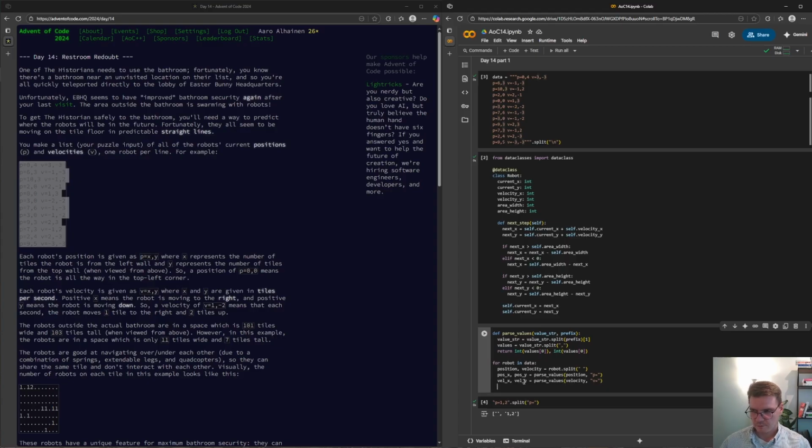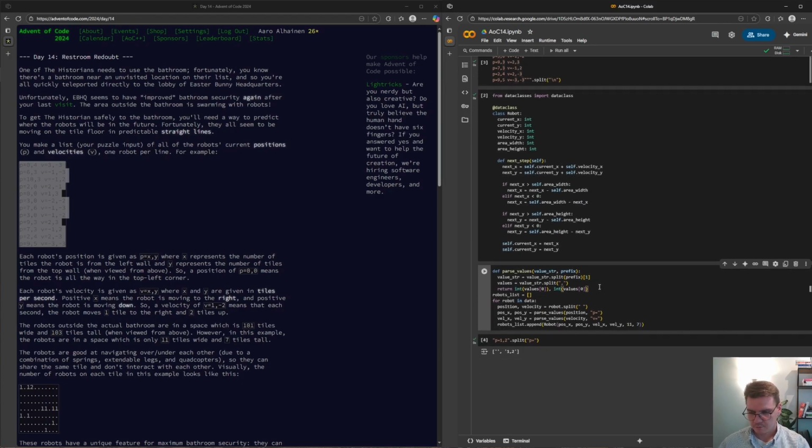So now we should have those here, and then let's create robots list, where we can then robots list dot append, we can create new robot which is pos x, pos y, and then vel x, vel y, and then area height and width, 11 and 7 in this case.